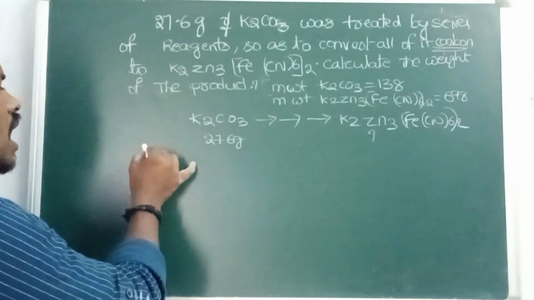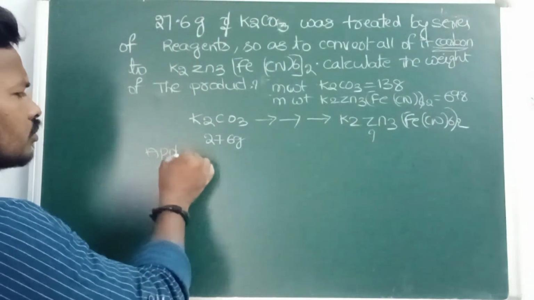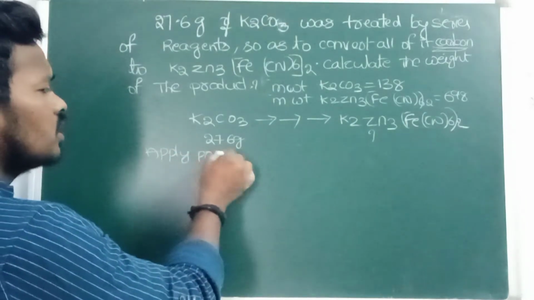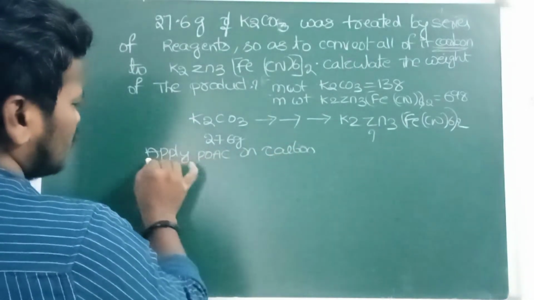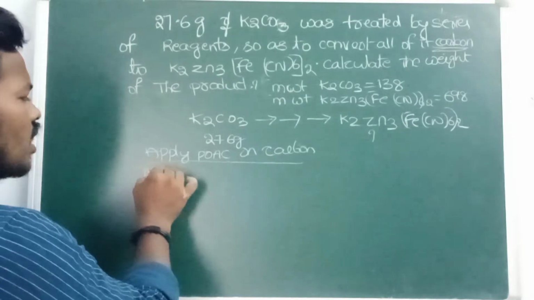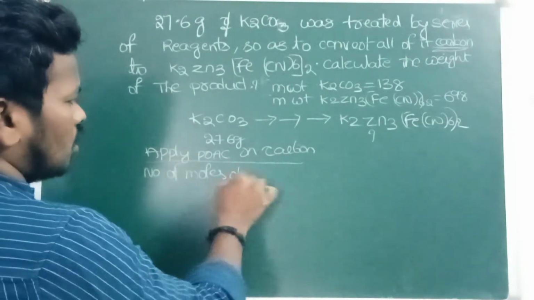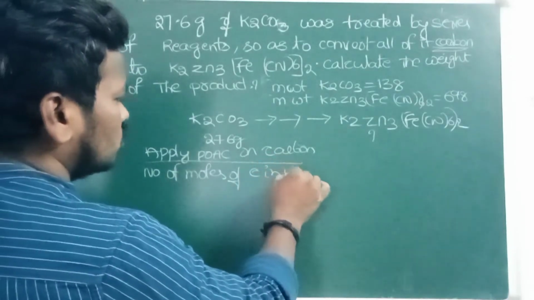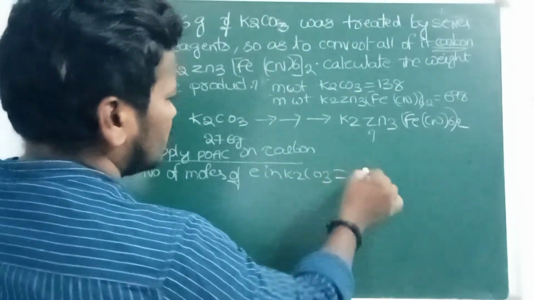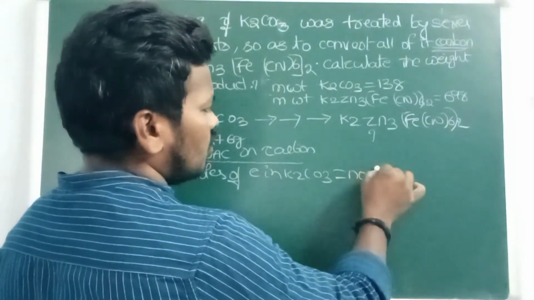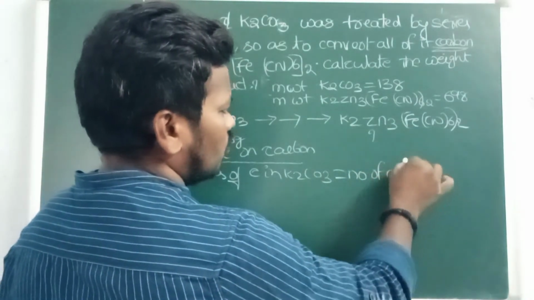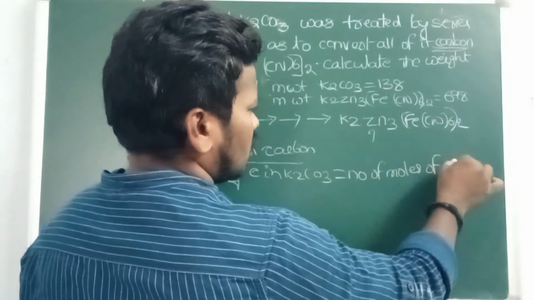So now apply POAC on carbon: the number of moles of carbon in K2CO3 is equal to the number of moles of carbon